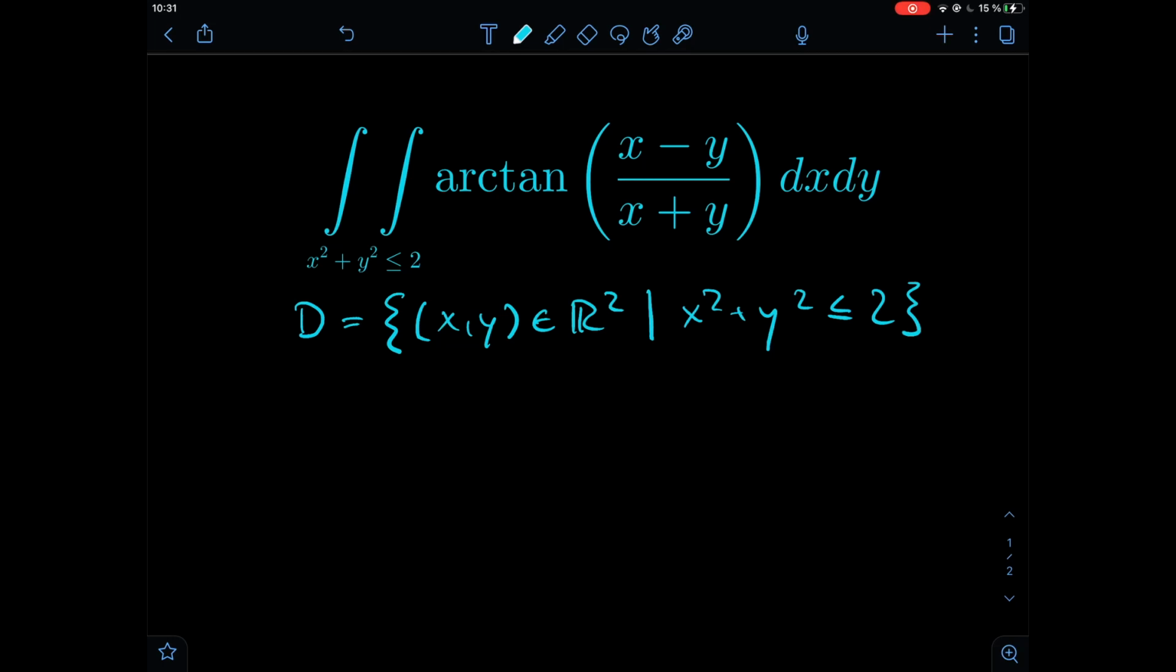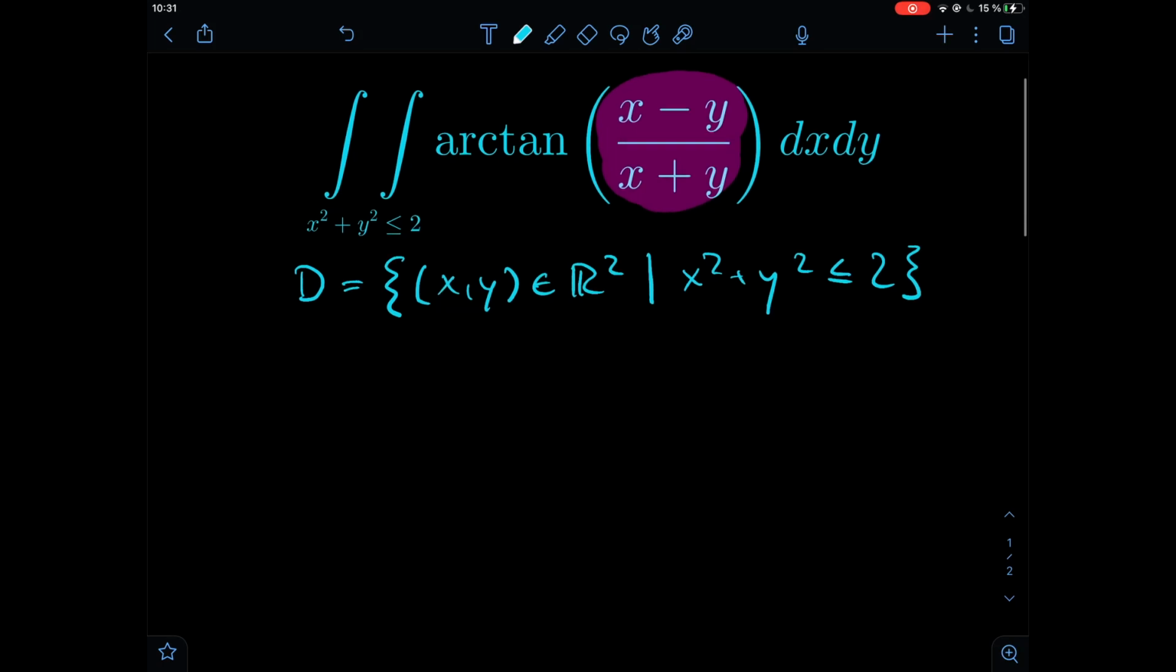So we have a very fancy function here, arctan of (x minus y) divided by (x plus y), and what we're going to do is try to get rid of this (x minus y) divided by (x plus y), transform it somehow into a tangent, because then we would get rid of the arctan and the integral will get much easier. So what we will do is perform a change of coordinates, and our change of coordinates will